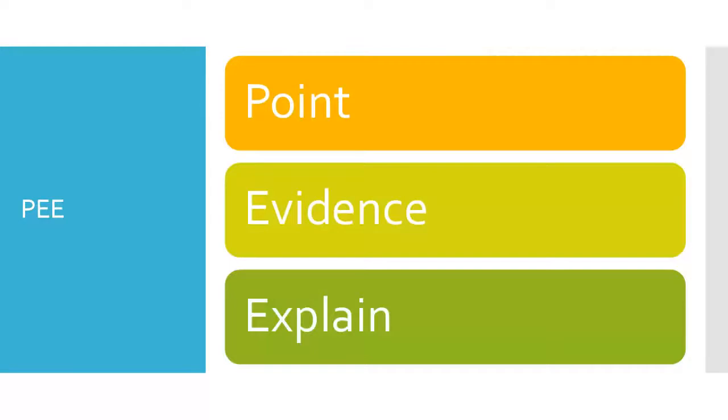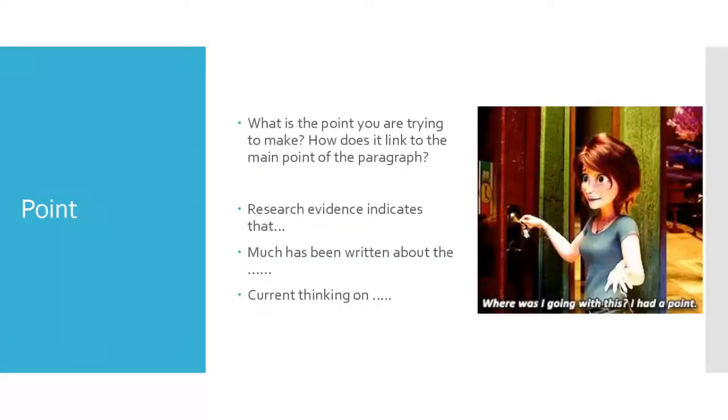PEE: point, evidence, and explain. Remember, you need to make a point. So what is the point you're trying to make? How does it link to the main point of the paragraph? You'd want to start off a sentence with something like research evidence indicates, much has been written about so-and-so, current thinking on blank is